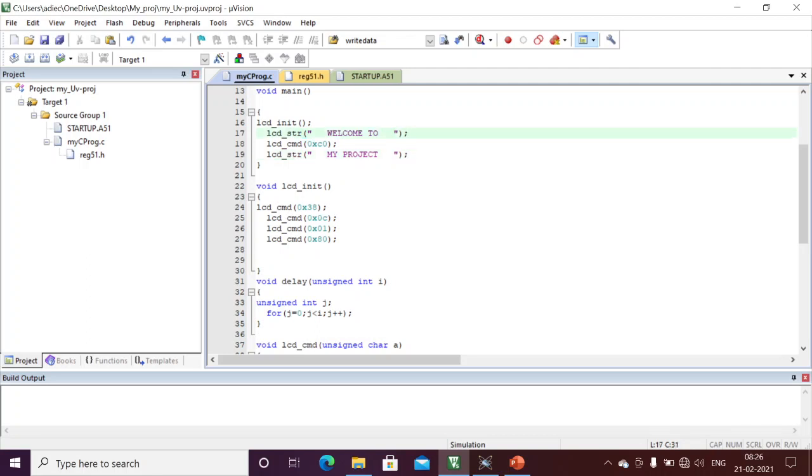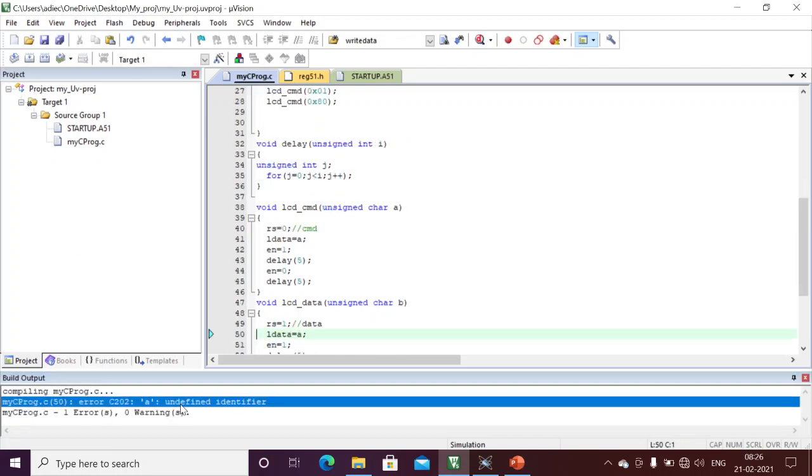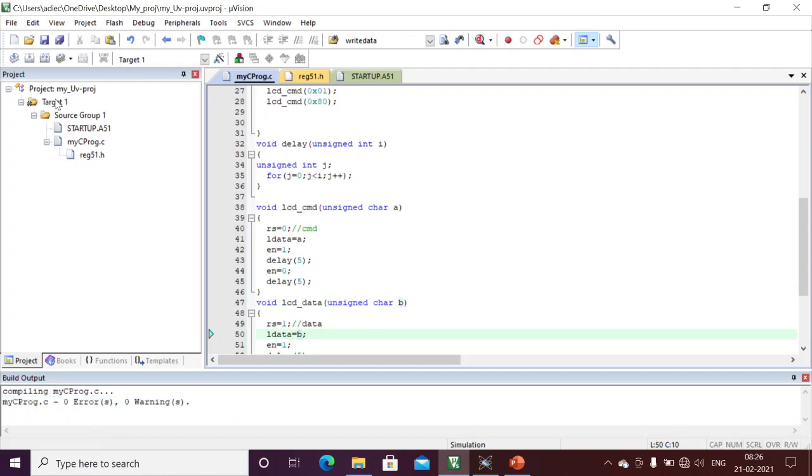Okay, right now we'll compile and we'll see whether we are displaying this complete "welcome to project" onto the screen or not. This while(1) means I am always stopping my program after displaying this content. Okay, here I am just building. I am getting a compilation error. We'll see. Here the argument I am using is b, that's why I need to change it to b. Similarly, here I do not have any errors.